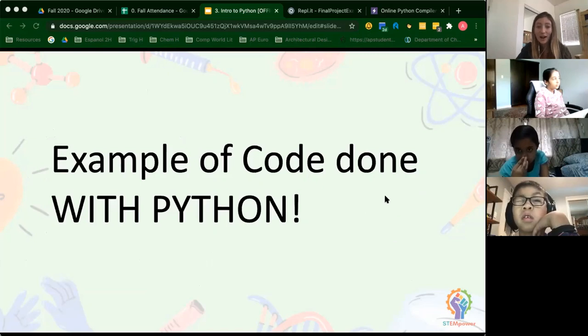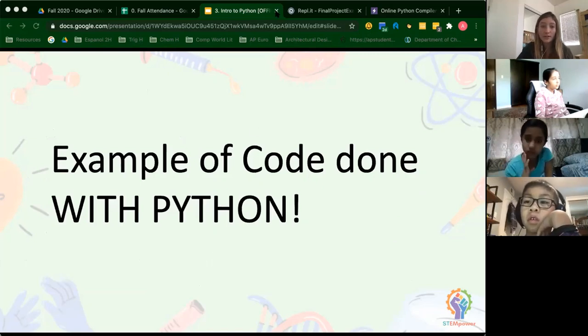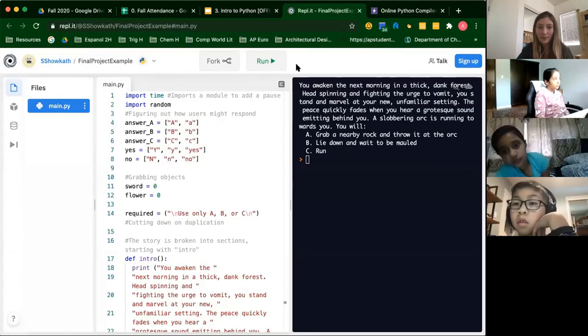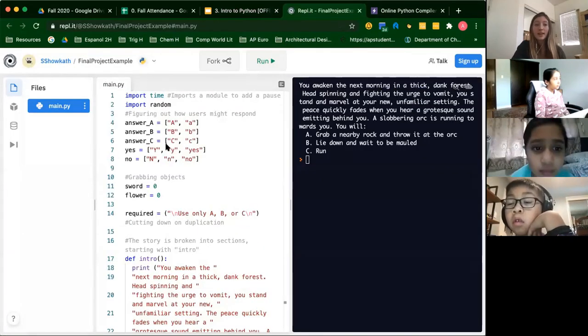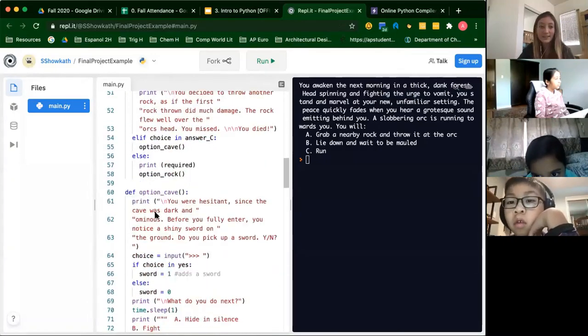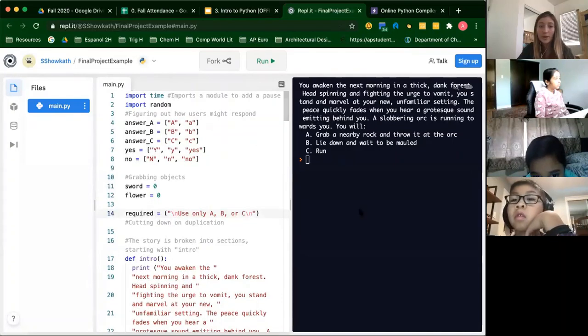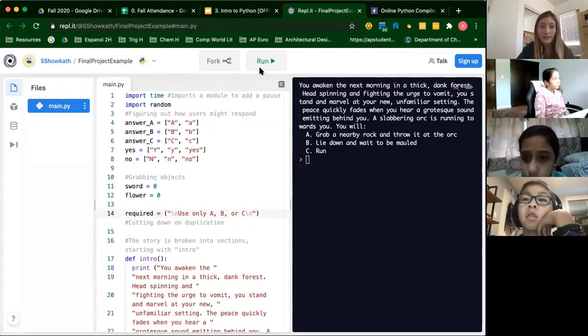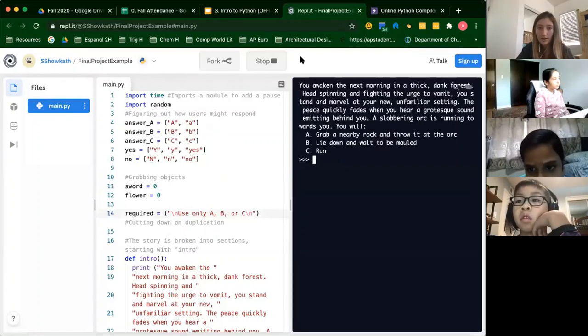Okay, so I'm now going to show an example of code done with Python. We're going to go through it together. On the left is the code that they wrote, which I know seems a little bit scary right now, but for now we're just going to focus on what's happening on the right. All right, so if I click Run Code,